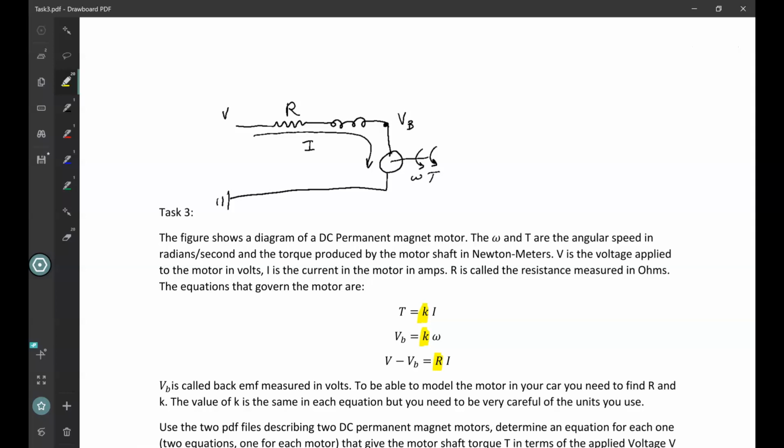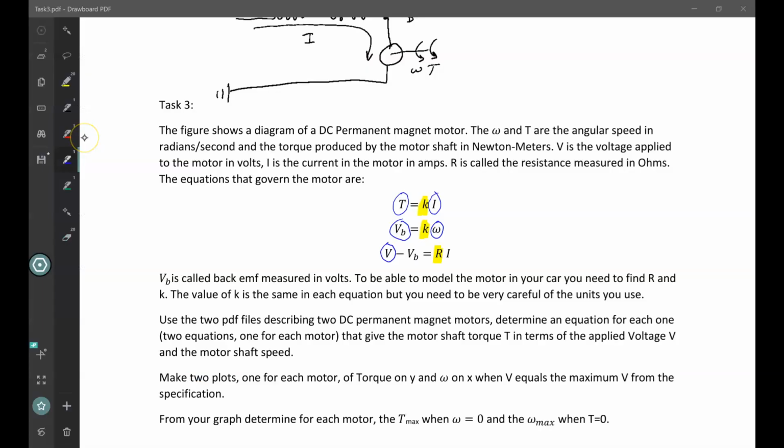All of the other non-highlighted terms, they're all variables. They change as you operate the motor. Okay, so the number of variables that are left is 5: T, I, VB, omega, and voltage V. So we have 5 variables,